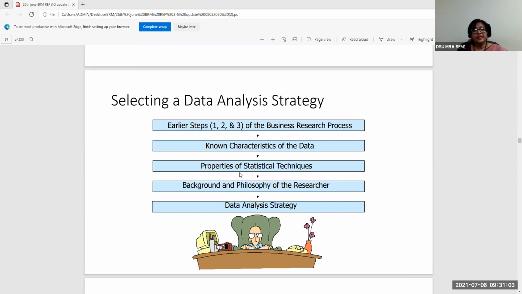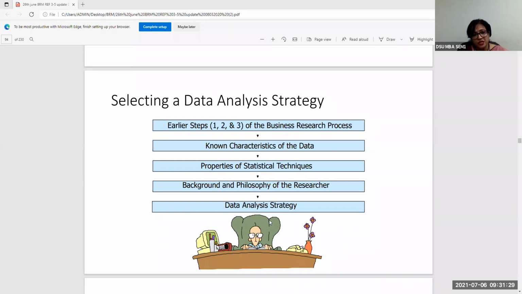And that leads to the next step, which is to understand the background and philosophy of the researcher. What is the background from which the researcher is hailing? Social sciences use different types of domain knowledge in the research. So you need to understand what is the philosophy behind that. Are you going to do a kind of analysis based on the entire phenomenon, taking into account the qualitative and quantitative aspects, and then you decide what is the